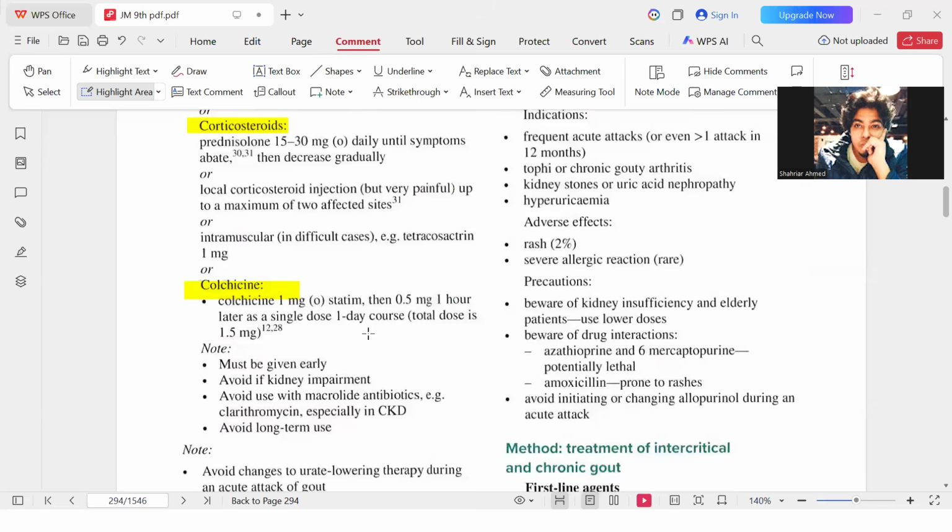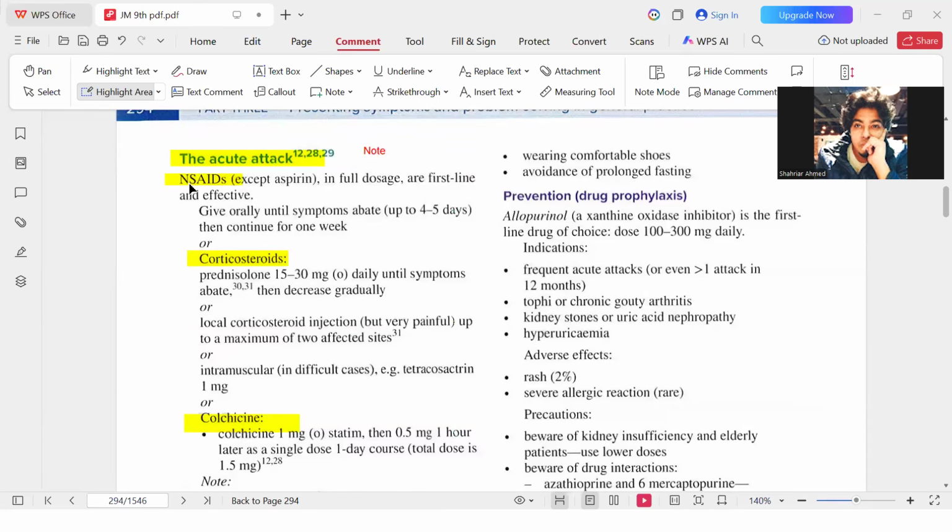Low dose colchicine is used in most cases where there is clinical impairment. Let's say a condition where you can't use NSAIDs and you also can't use steroids, let's say Cushing syndrome, or you have a gastric ulcer, where you can't use corticosteroids. In that case, can we use colchicine? Yes. Is it high dose? No. So with kidney impairment and gastric ulcer together, you cannot use high dose colchicine. Then what to do? Low dose colchicine. Is it clear, everyone? So low dose colchicine can be a treatment in case of renal impairment.